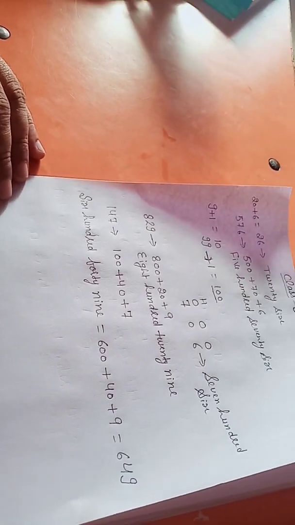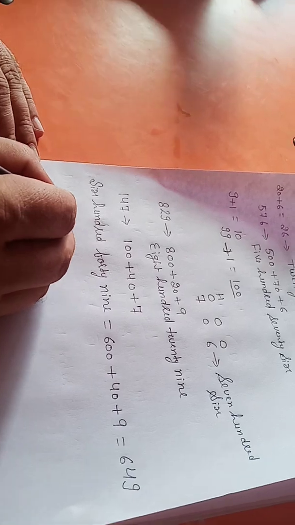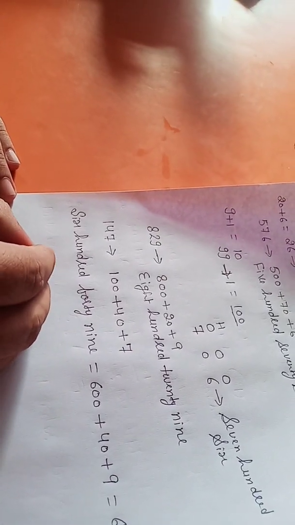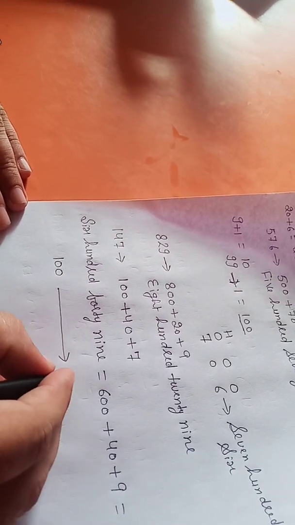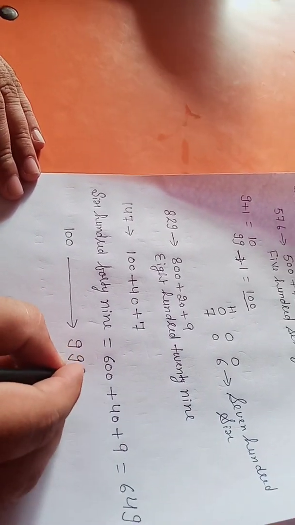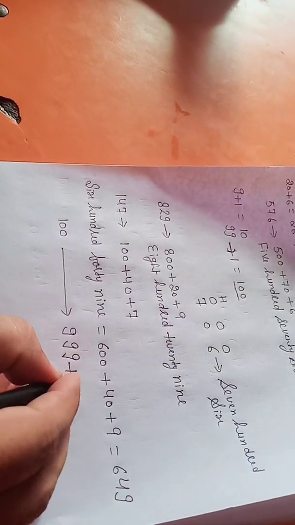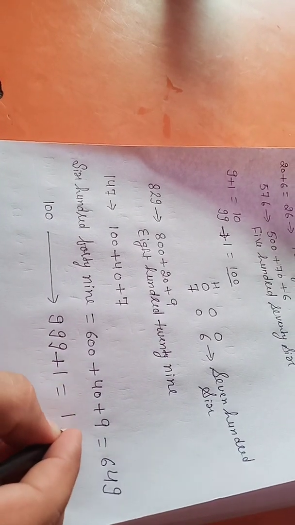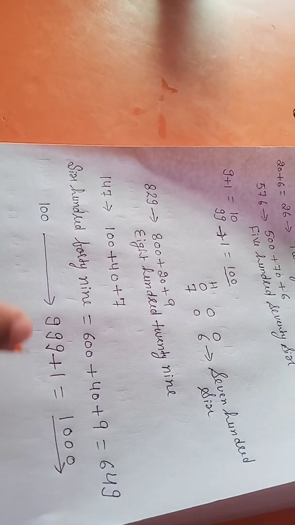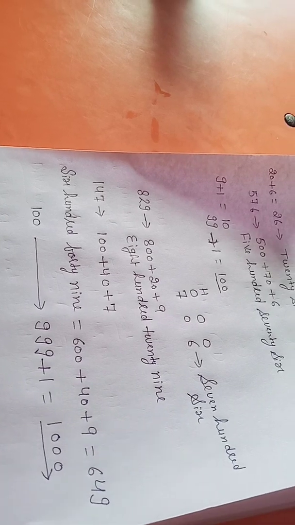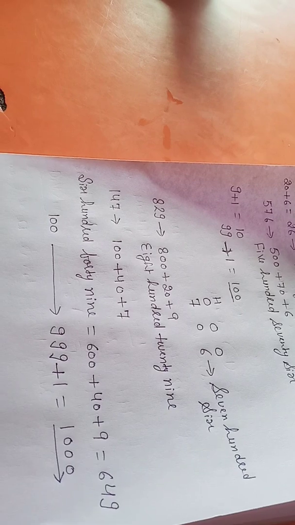Expanded form, I will tell you how you can write a 4-digit number. Like this, the smallest 3-digit number is what? 100. And the greatest 3-digit number is how much? 999. If you add 1 to it, it becomes 1000. What becomes 1000? How many digits? 4 digits. So today I will tell you how to write a 4-digit number.